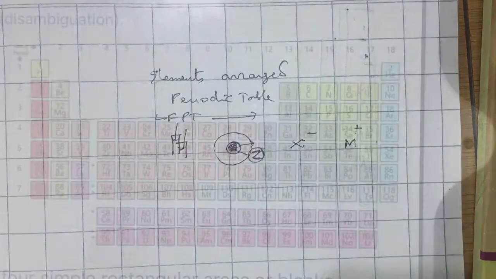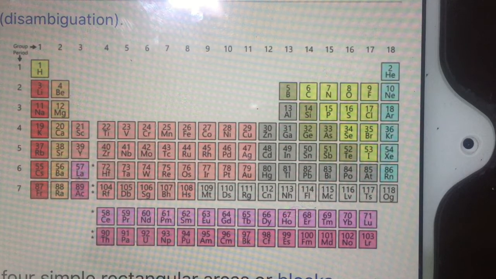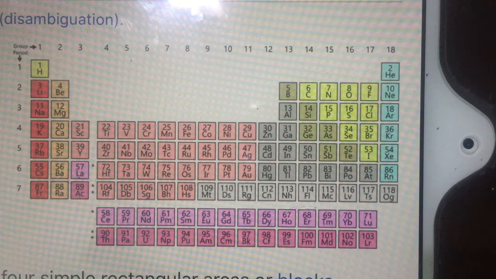Now let us explore further. Chemistry talks about matter, and matter is made up of materials. Materials are made up of different types of simple substances. The simplest form of matter, as you know, is called an element, and there are around 118 known elements as of now. The element is the simplest form of matter, usually made up of atoms of a similar kind, I would say the same atomic number.